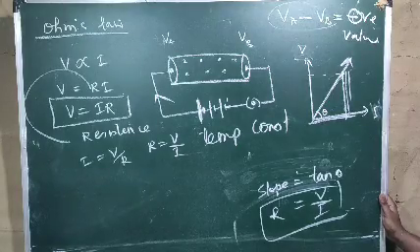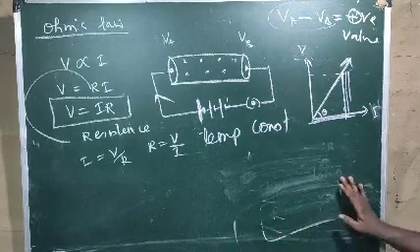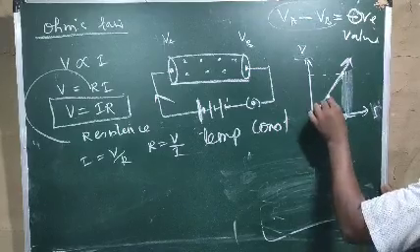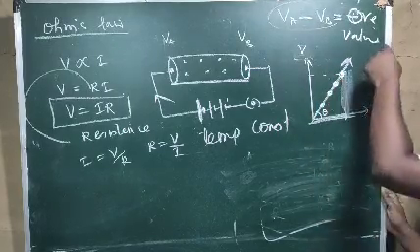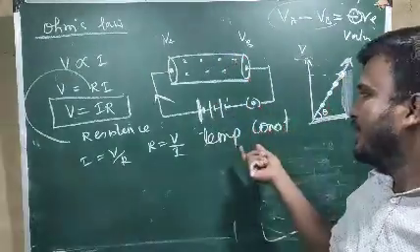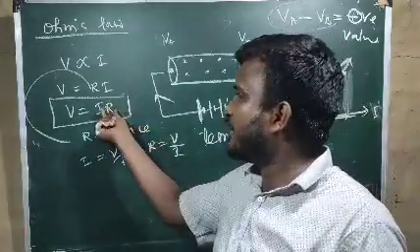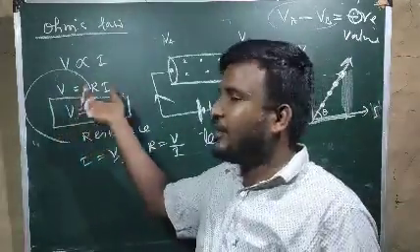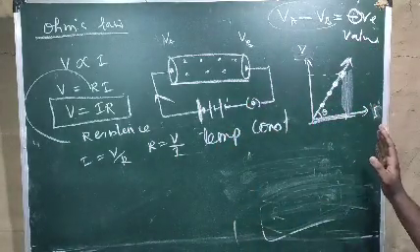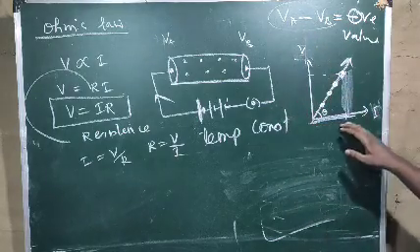That means if temperature does not remain constant, then resistance will not be constant. If resistance is not constant, then the graph between V and I will not be a straight line. To make this graph a straight line, temperature should remain constant. You see the condition: temperature constant, resistance will remain constant. If resistance is constant, the current flowing through the conductor will also remain constant or uniform. So if you increase potential difference, current will also increase.